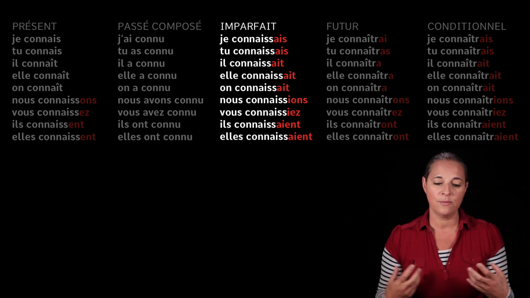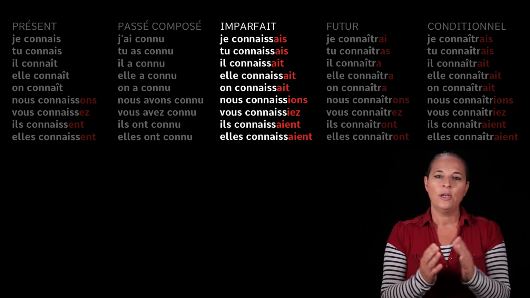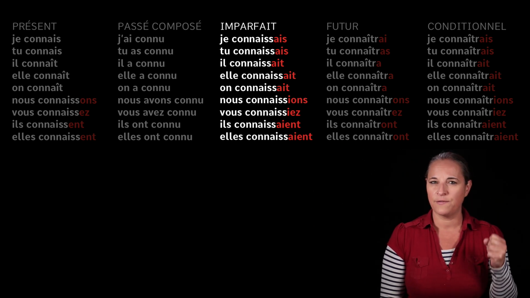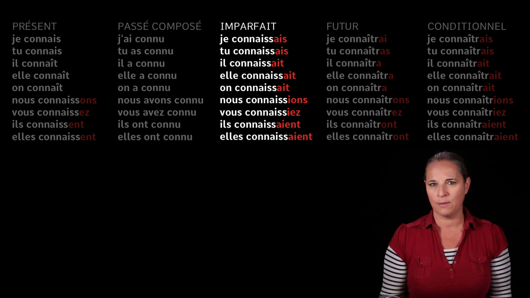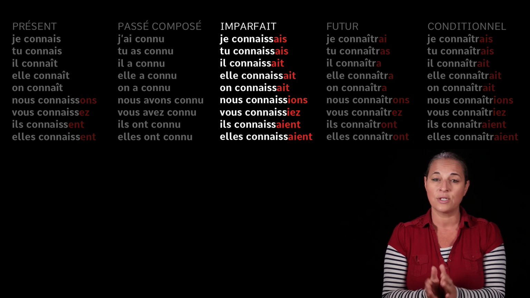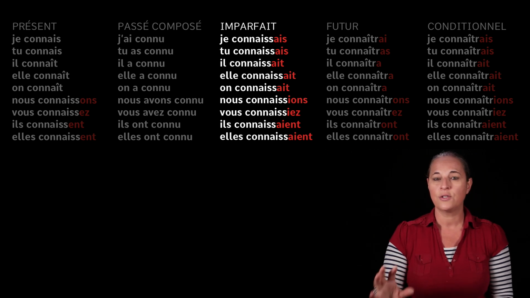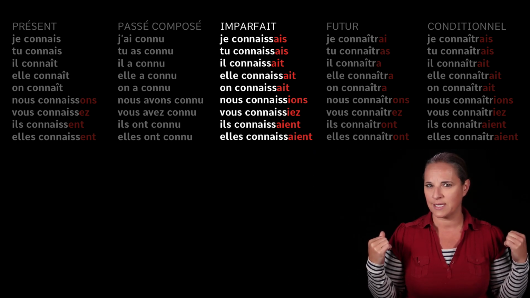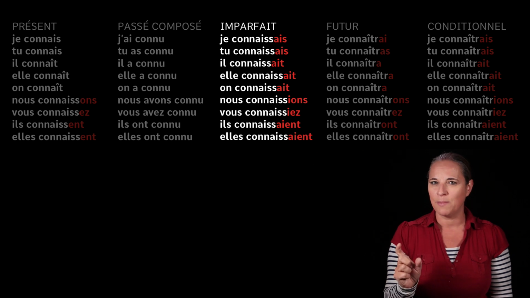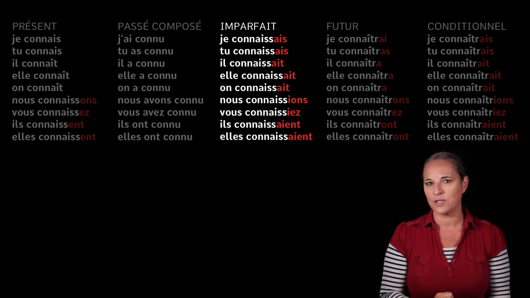Now again, you may say, but what happens in other third group verbs? Well, again, learn the stem and learn the present tense of that irregular verb really well, and that will give you clues of how to conjugate this verb into the imperfect. I am only giving you one verb here, but other verbs will not necessarily sound like that, okay? They will have the same endings though. Because when a French person speaks to me and gives me these endings, I know that the tense is happening in the imperfect tense, okay? These are signals, okay? But the stem, however, unless you're French, you will not know how to conjugate this, okay?